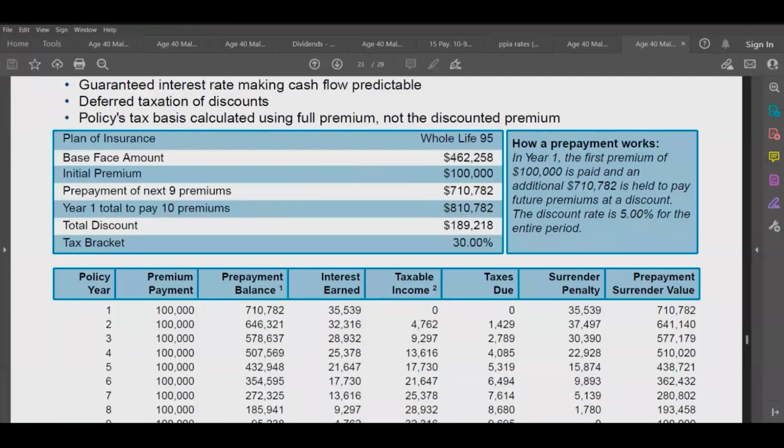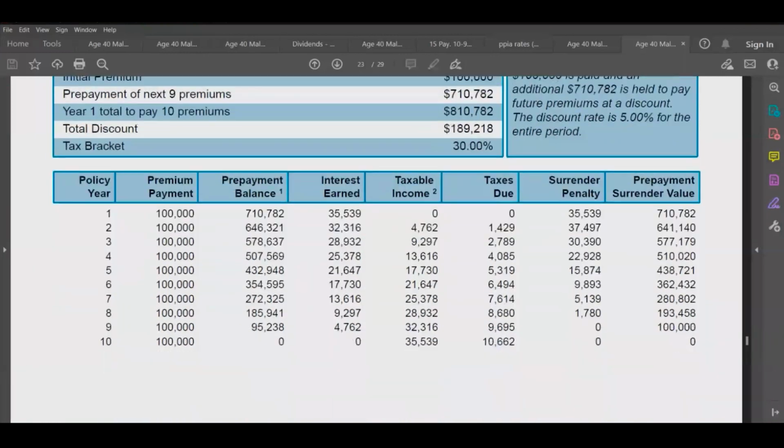Because when we look at this guy, if we scroll down a little bit, what do we see? There's the payments of $100,000 per year. Here's your prepayment balance. Okay, so what do I see here? That's the balance there. If I want to surrender it, I see the surrender penalty. Interest earned each year, not bad. Taxable income. And then, assuming a 30% tax bracket, the actual dollar amount I'll need to pay in income tax